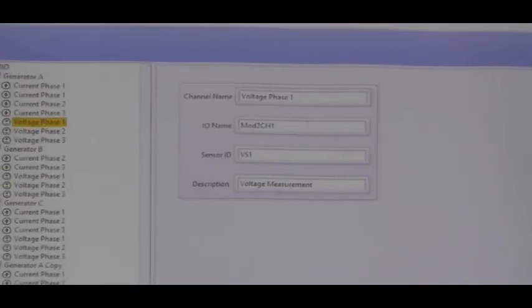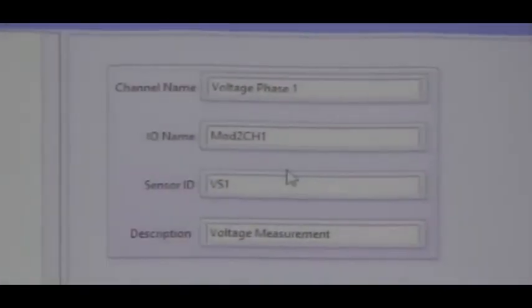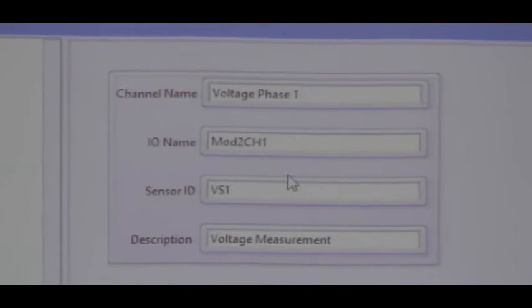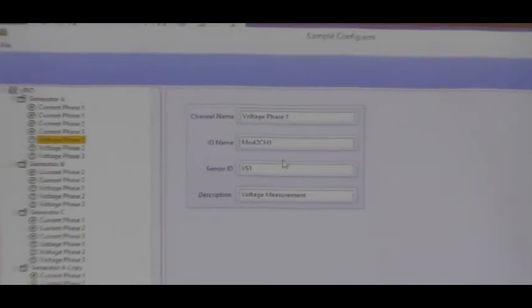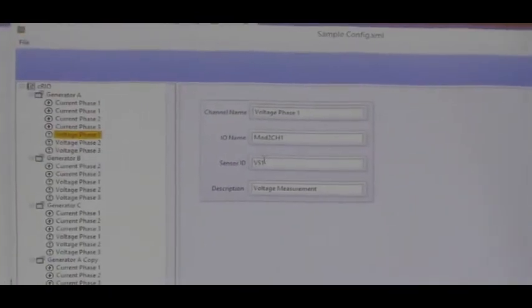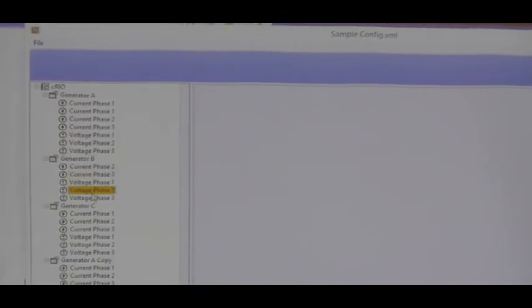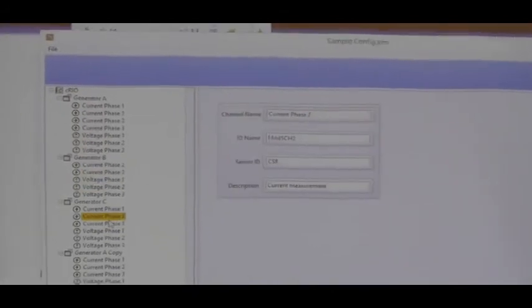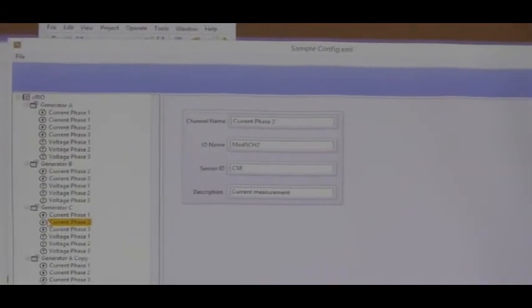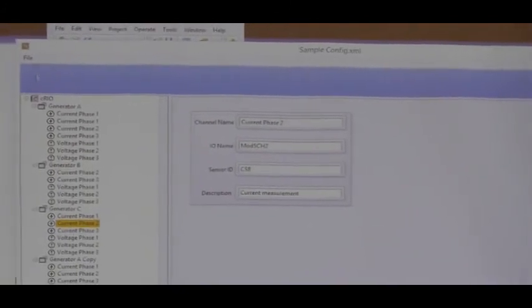Another thing that is nice is, probably it's really nice if I just want to check one channel, see all the configuration. But let's say I didn't finish configuring this system, and I have the sensor ID wrong, or the I/O module wrong. If I have to go through right-clicking on any of these ones to change all of them, it will take me a lot of time. One of the nice things in here is